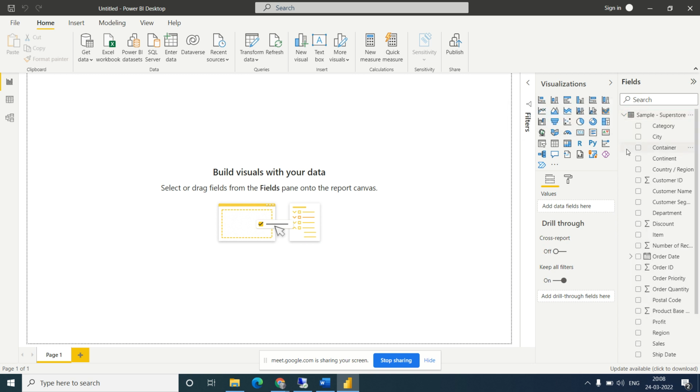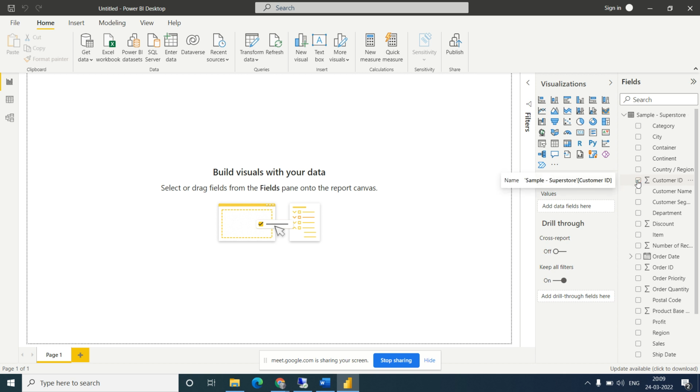In the data you can see there is a category, city, container, regions data, and some other dates data. Let's create some visualizations first. I want to see the total number of customers region wise. So how to take the number of customers? We have the customer ID.